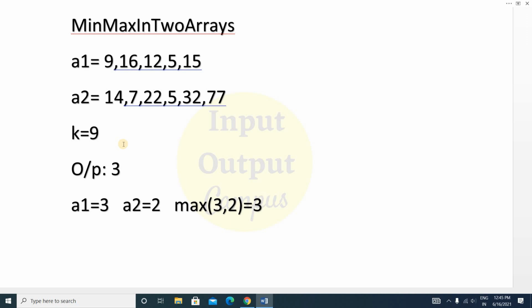So now how will we write the code for this problem? This is very easy. We can write two for loops for the two different arrays, array 1 and array 2, and for every array we'll check the condition. We check whether the first element, the second or the third, is greater than the k value or not. If it is greater, then we'll store the count in another variable. Similarly we'll do this operation for array 2 also. This is a very easy type of question.